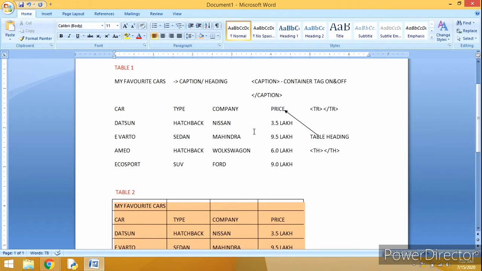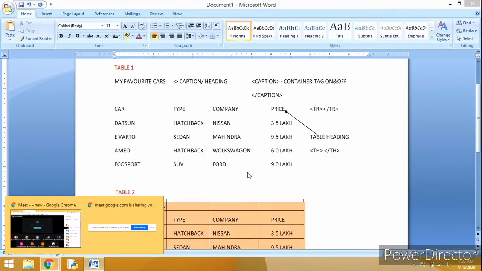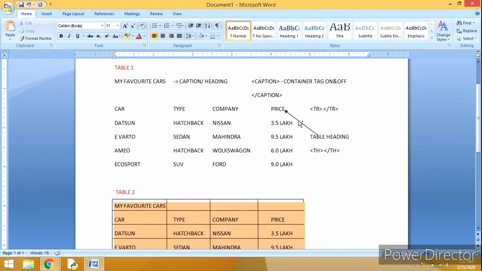Are you getting it? Now the Datsun, hatchback, Nissan, 3.5 lakh. What is this? This is the data of your table. So all these are the data of the table, isn't it?